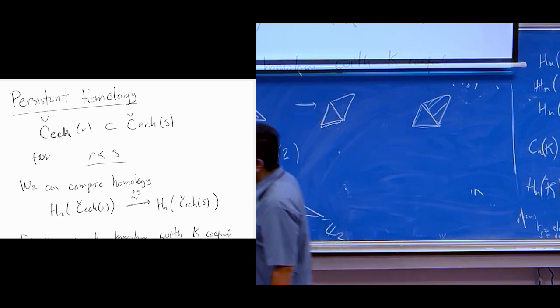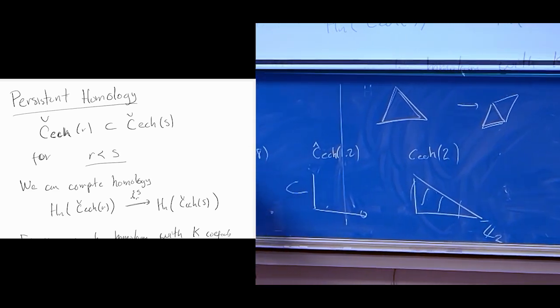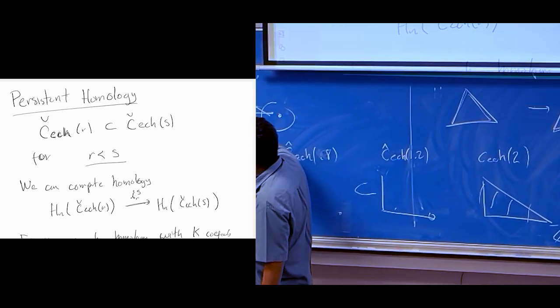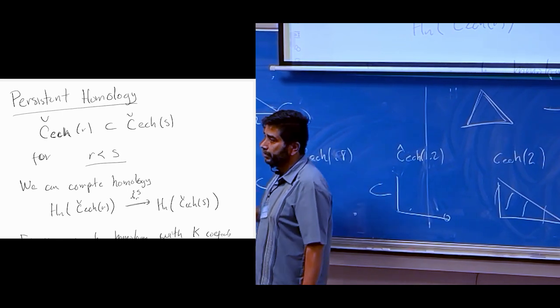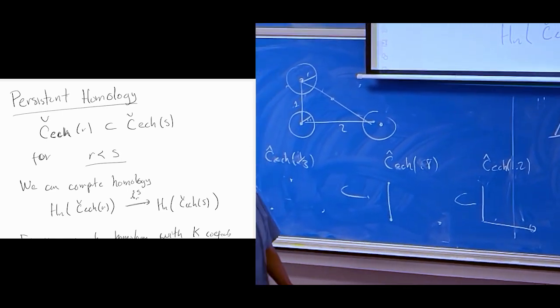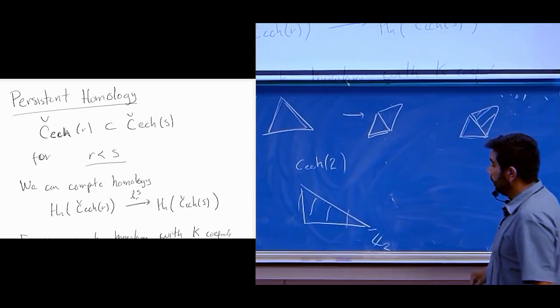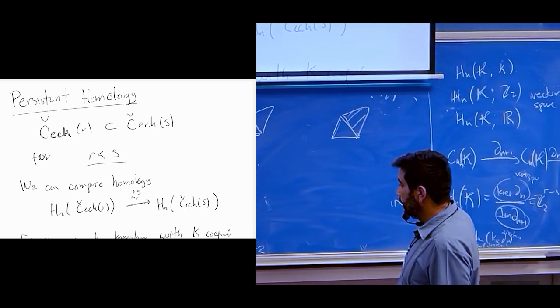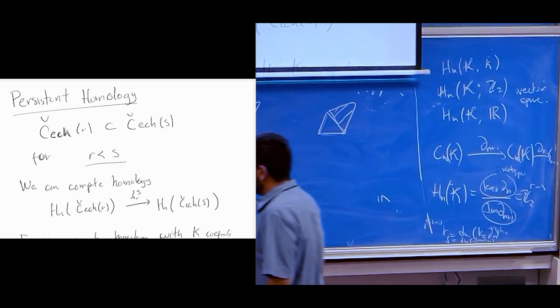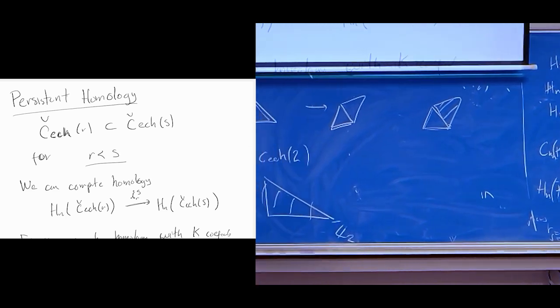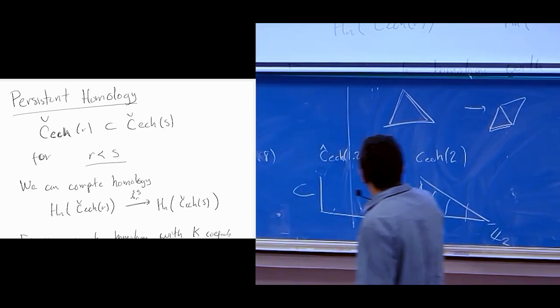You will have the triple intersection, because you will have intersection between these two, and this one is also going to intersect here, no? So you will have something like that. And this is called a filtration of